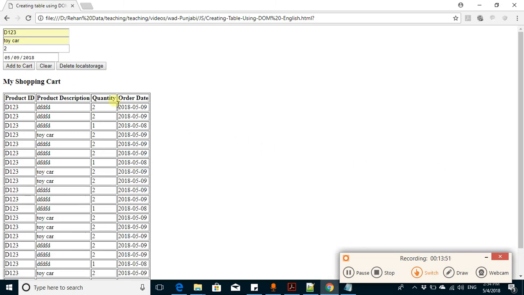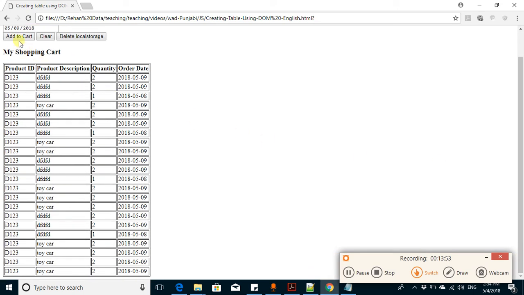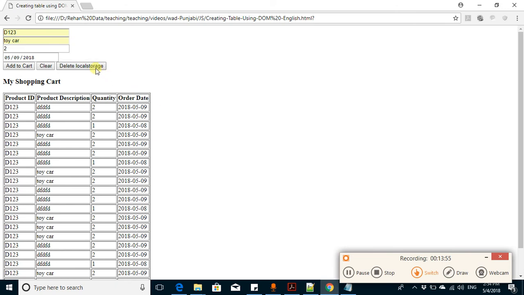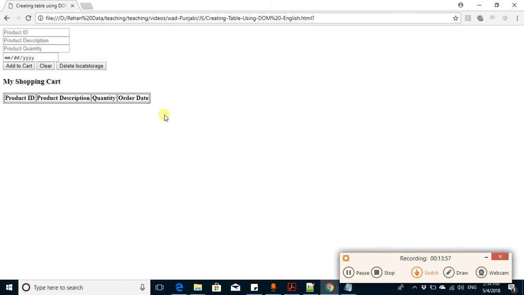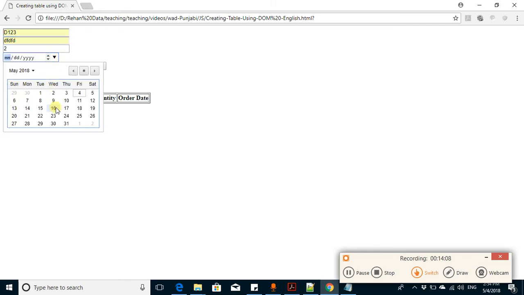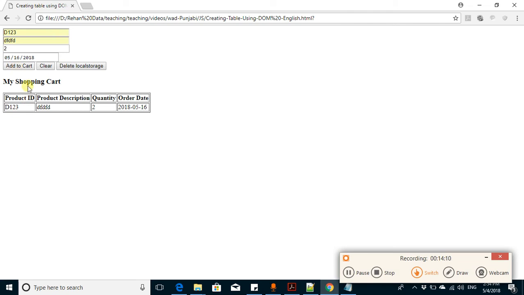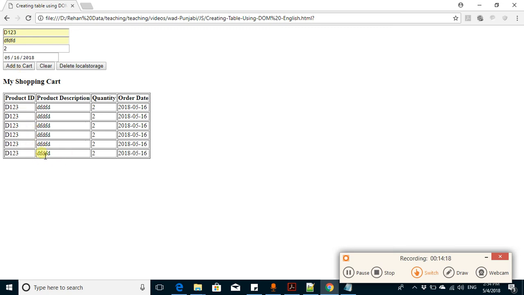That's great. But now there is an issue. Let's say I delete the local storage. Now refresh the code, and click here, delete something, add to cart. One line is added. But next time when I add to cart, 2 lines are added, and next time 3 lines are added. And the reason is,